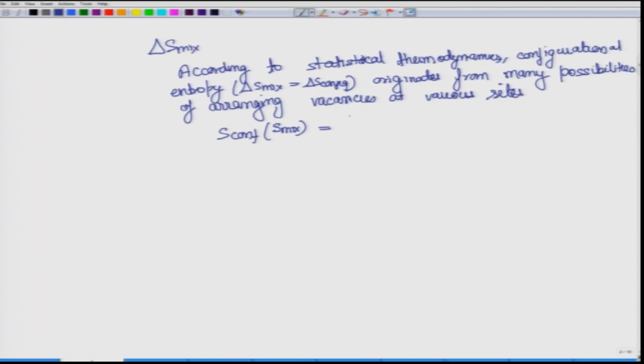Then according to the Boltzmann rule, this can be given as KB ln W. Now, again this new term, KB is the Boltzmann constant. So, this is from Boltzmann law. So, now again a new term is being defined. So, we started with the understanding delta S mix, but now we have come up with another term which is W. What is this W? This W is thermodynamic probability